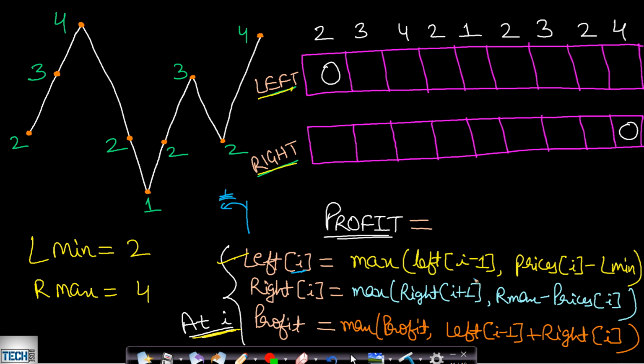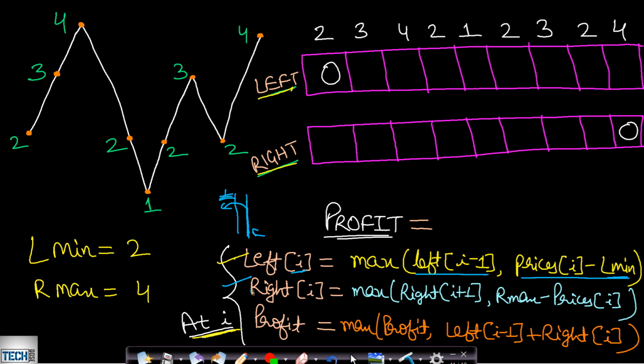So that will be nothing but the maximum of the already calculated max profit for the previously divided line, comma, the maximum profit which we can make on dividing at this new point, which will be prices at I minus the left minimum. Okay, so if you just read it carefully, then you will come to know about it, or you can just try to dry run on your notebook as well. So this will be very helpful.